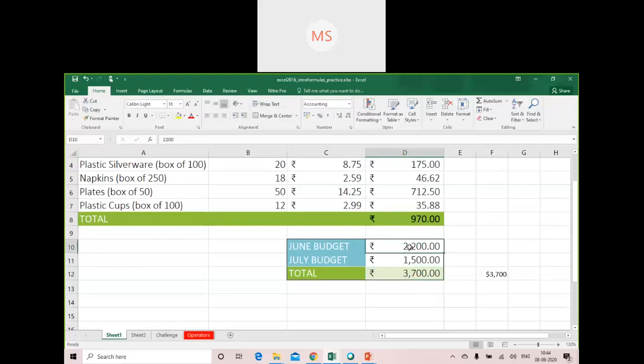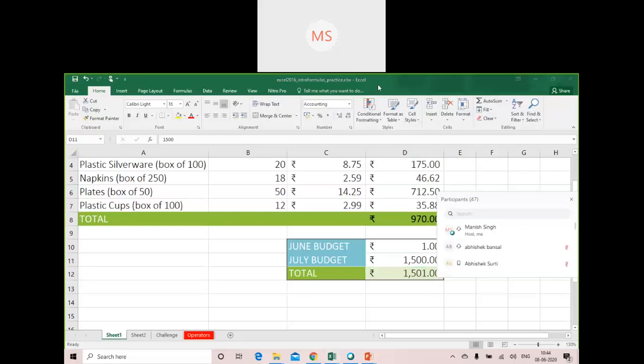If I make it just 1 rupee, it will do the calculation accordingly. This is how cell references can be used while creating simple formulas. Is it okay? Now we can proceed to some complex formulas.